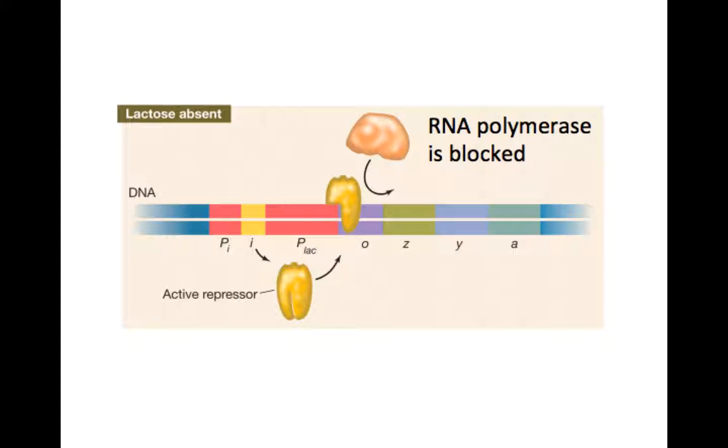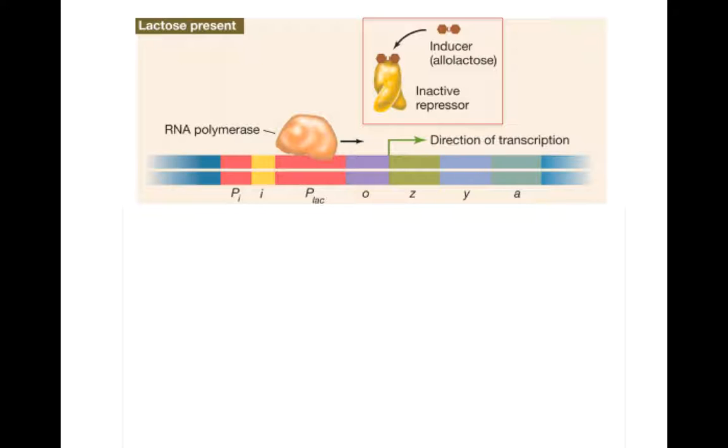So how does the lac operon become activated? Well, the operon is only useful if there's lactose present for it to break down. If lactose isn't present, the repressor is bound to the operator and transcription doesn't occur, as shown here. When lactose is present, the cell needs to be able to break it down with the gene products of the